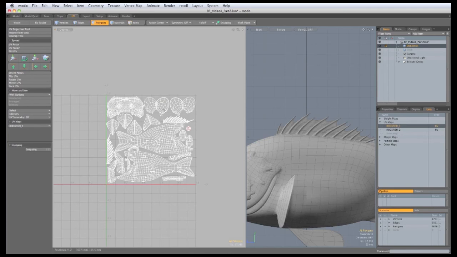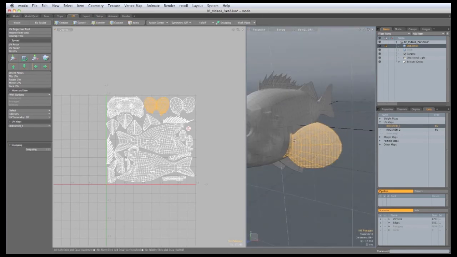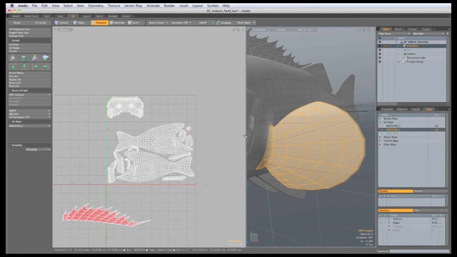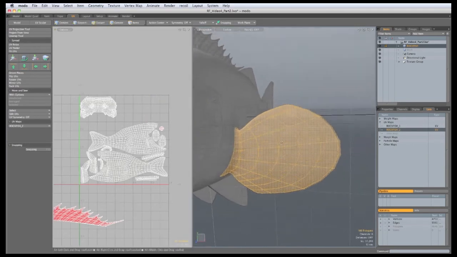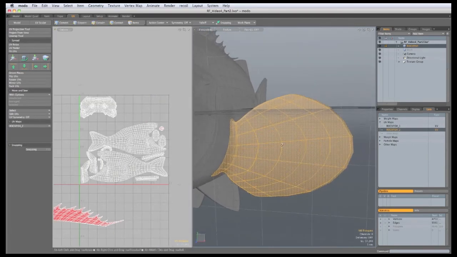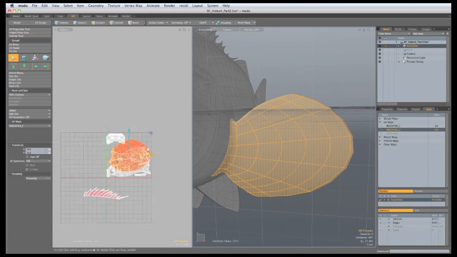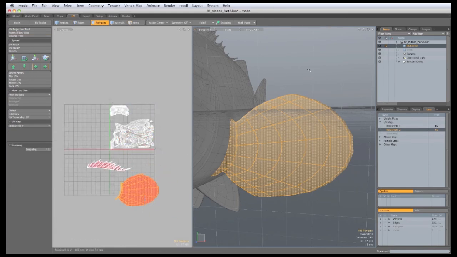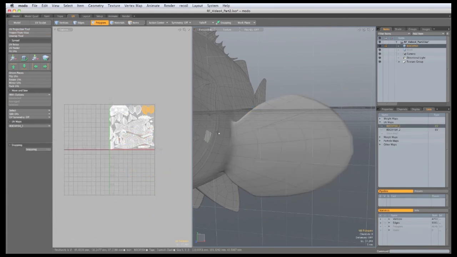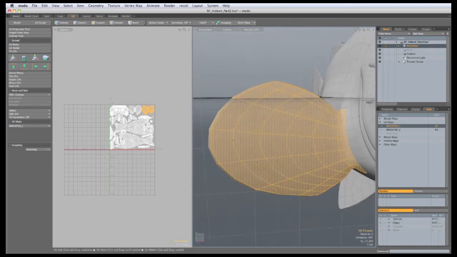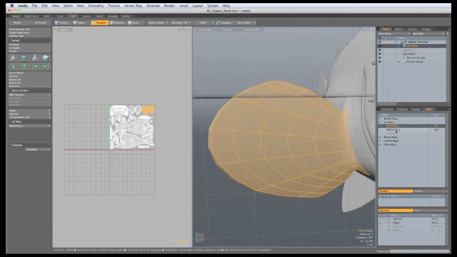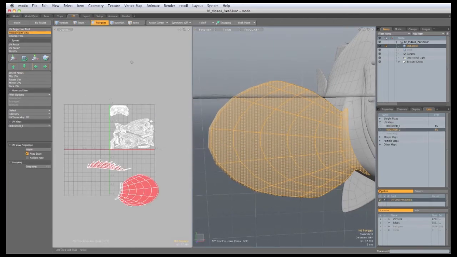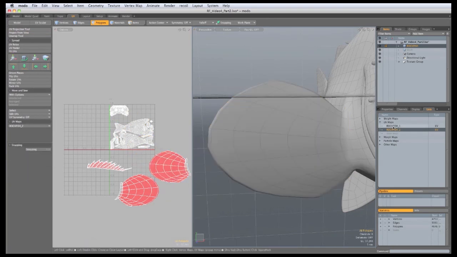Go back to here, then we'll select this fin, go back to that UV, and I just want to look at it, to move it in the viewport so I'm looking straight at it. And again, run project from view, move it onto that side, go back to Rockfish 1, select this one, and we need to do the same. Back to Rockfish 2, project from view, back to Rockfish 1,